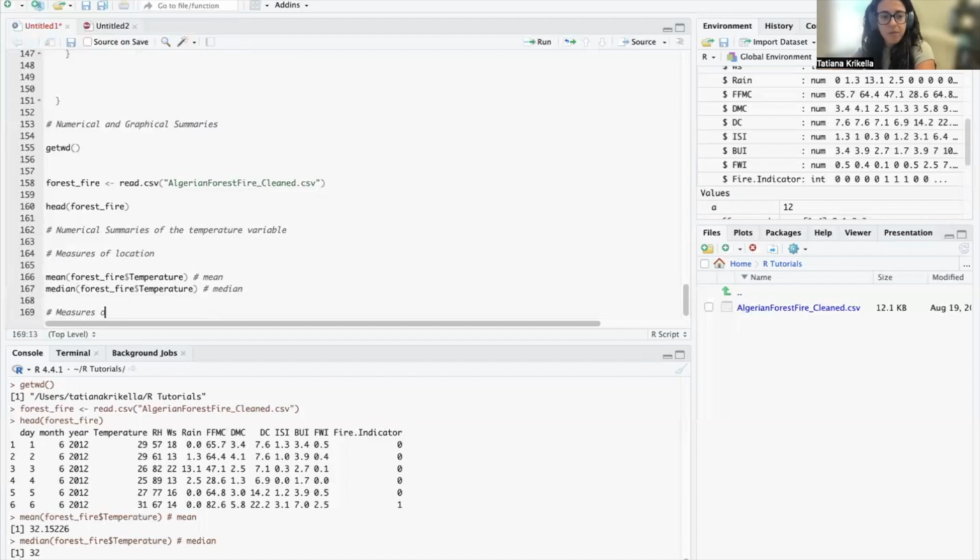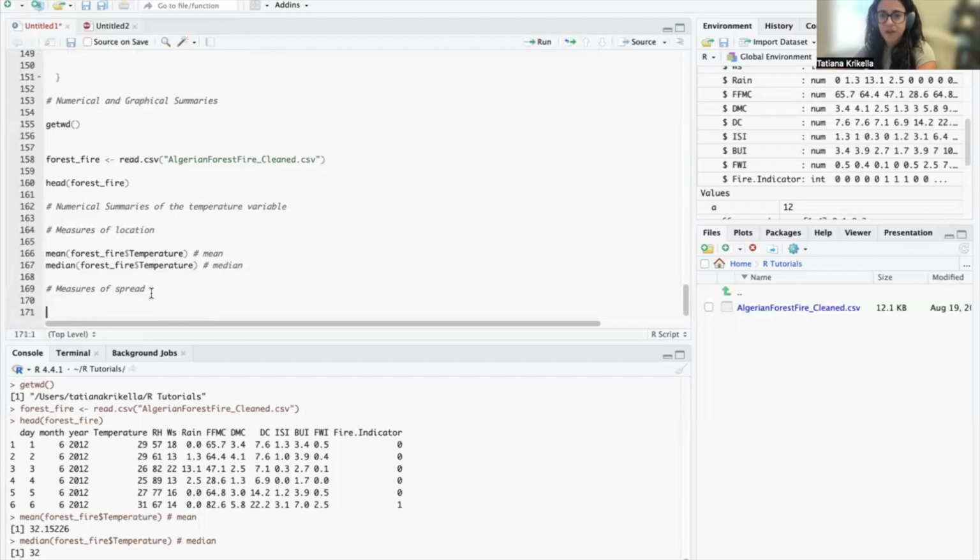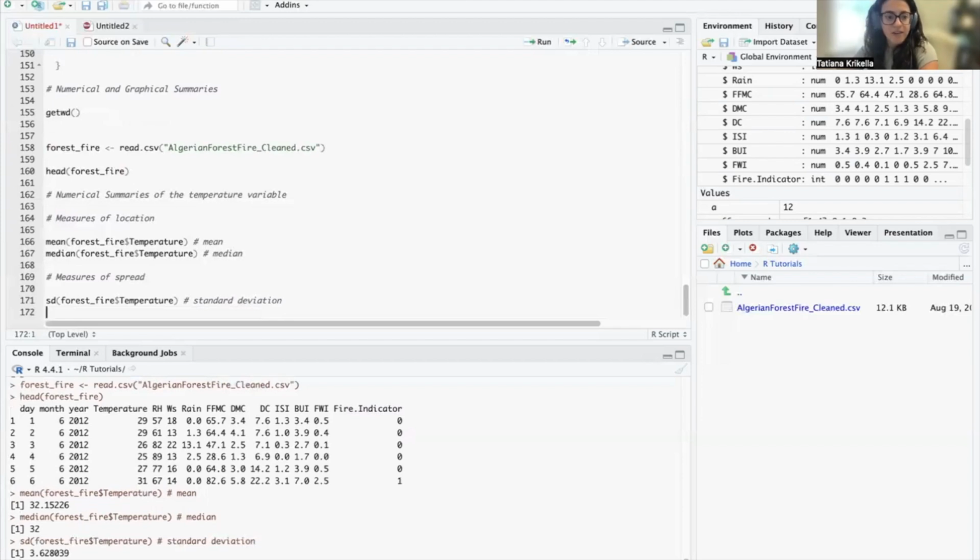What about measures of spread? We can start off with one that's very popular, the standard deviation. And the function that we use for that is just SD. And we're going to do this in the exact same way that we just did mean and median. We're taking the standard deviation of the temperature column in the forest fire data set. And when we run this, we get that the standard deviation is 3.63 when we run that to 2 decimal